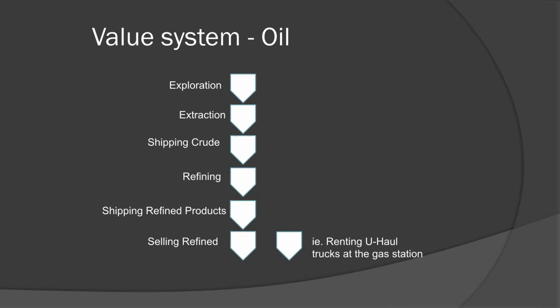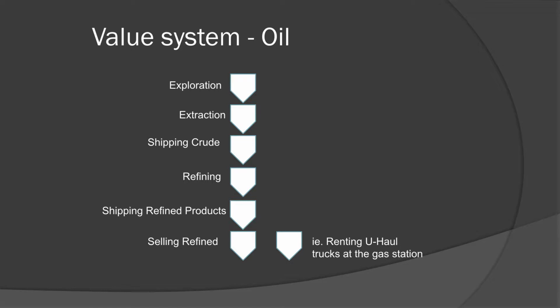Okay, so if we were to discuss the crude refining industry, you have exploration for crude oil, you have extraction for crude oil, you have shipping of crude, you have refining of crude, which then produces many, many different types of fuel given the length of the molecule, in addition to other byproducts that go into plastics. Right? So you have the shipping then from the refinery of all the different refined products, but we're sticking to fuel. And then you have wholesale, and then you have retail.